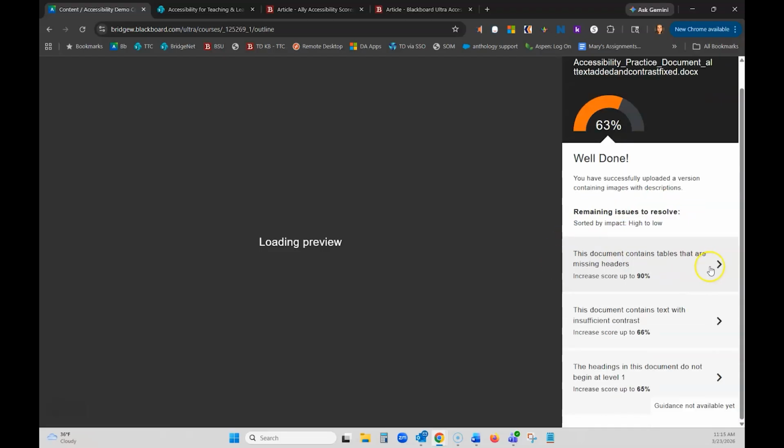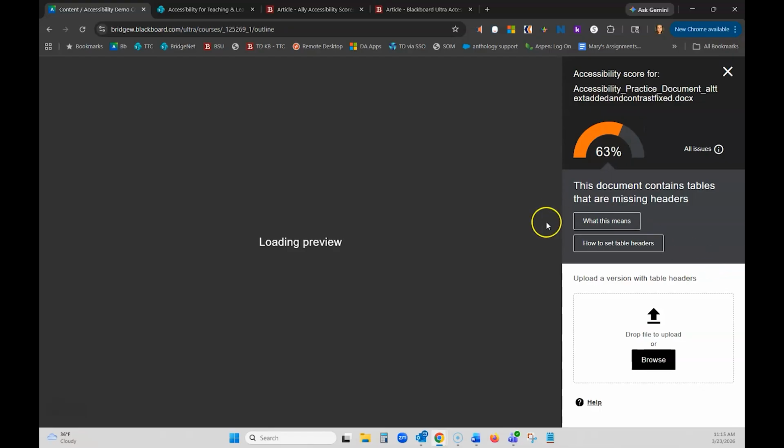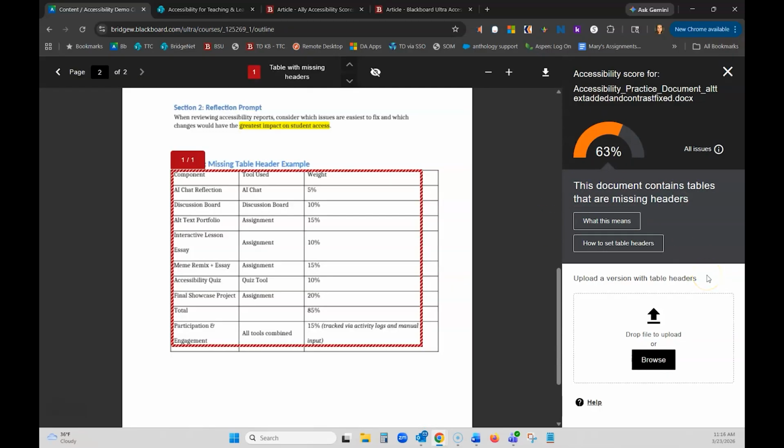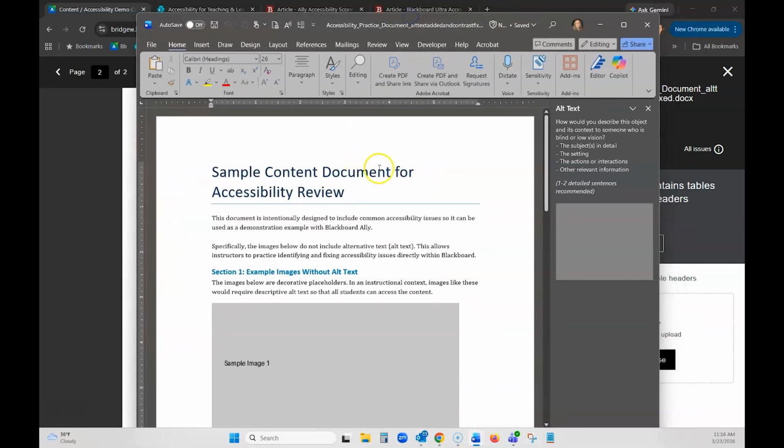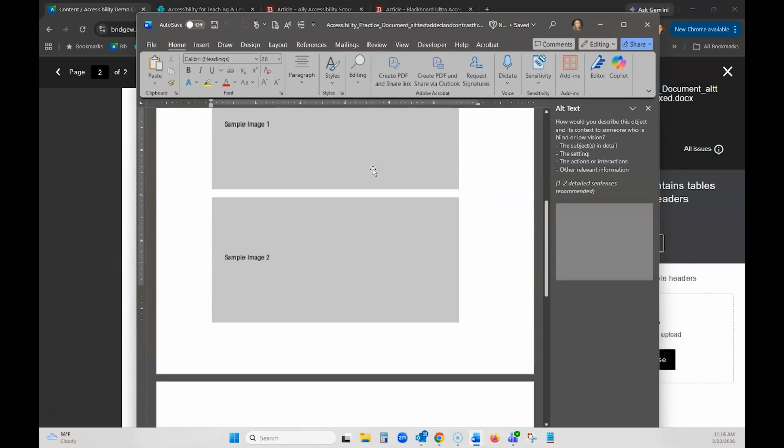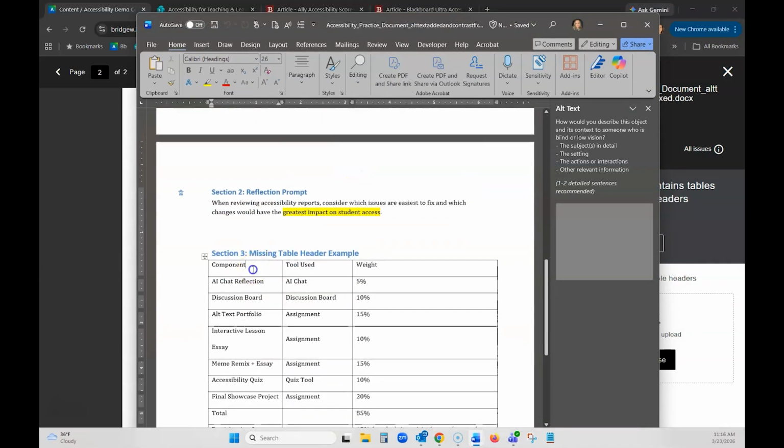But I'm going to move on to the next item, and you'll see this one says there are tables that are missing headers. And it shows me in the example where that table is. So again, I would go back into the Word document, and I would scroll to the table indicated in the Ally report. I would click here,